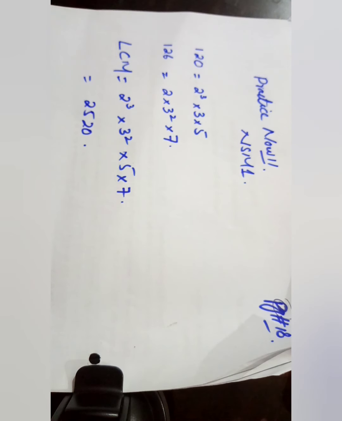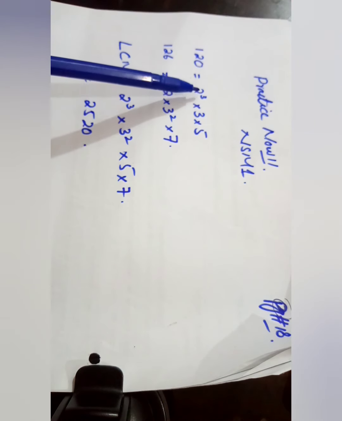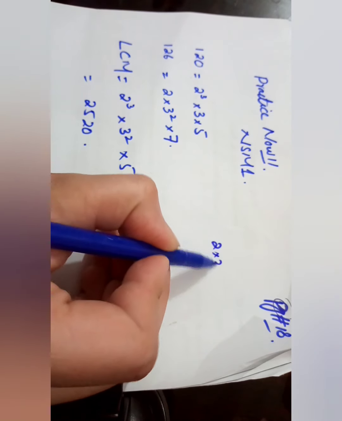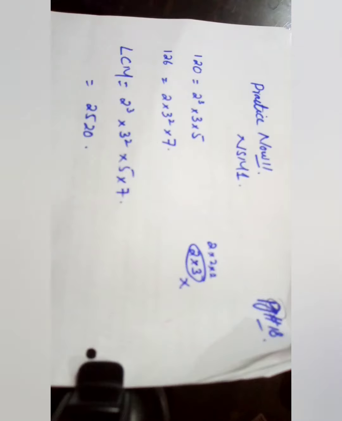Okay, if the students want to do the questions separately and don't want to write in index form, just write 2 power 3 means 2 multiplied by 2 multiplied by 2. Don't write it as 2 multiplied by 3, because that is the wrong concept. So you will separate the powers, make the pairs, and then take the common as well as the uncommon factors.